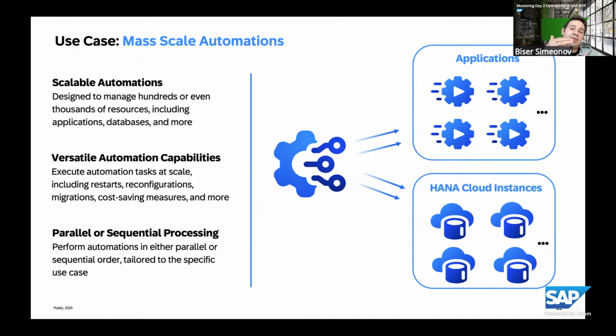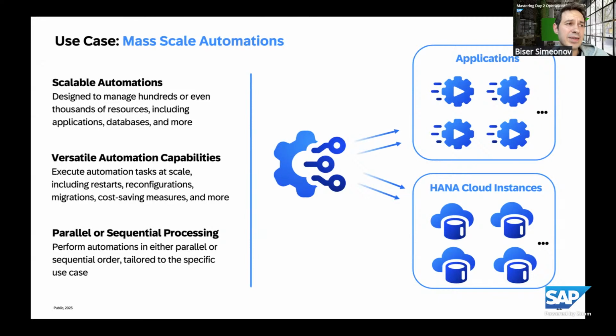It processes your multiple HANA Cloud databases one by one on a daily basis. Then the automation pilot checks whether or not there's an available patch version for your HANA Cloud. And if yes, then it starts the automated patching. So another use case, for example, is for Cloud Foundry applications, where we have some customers, some